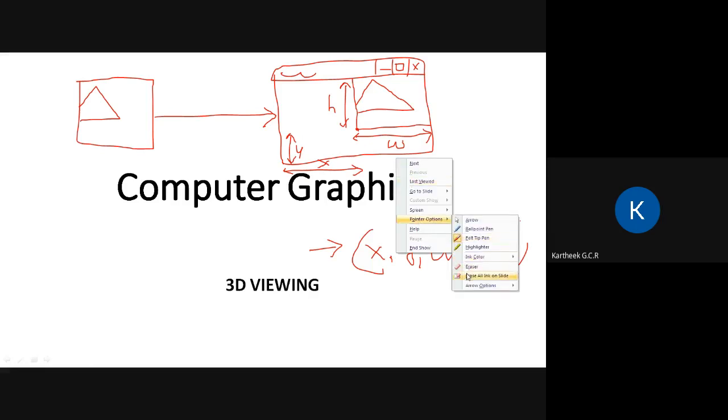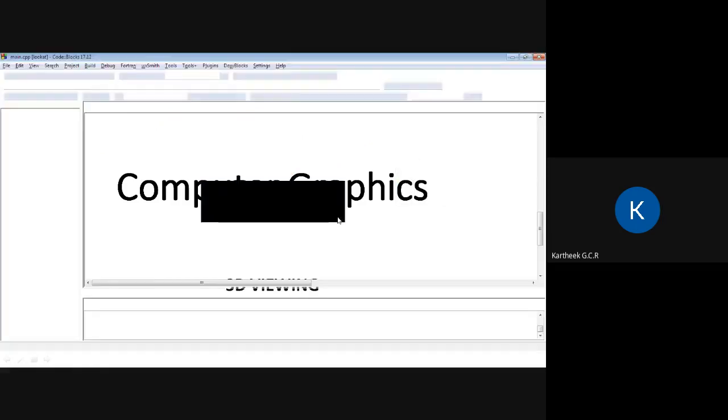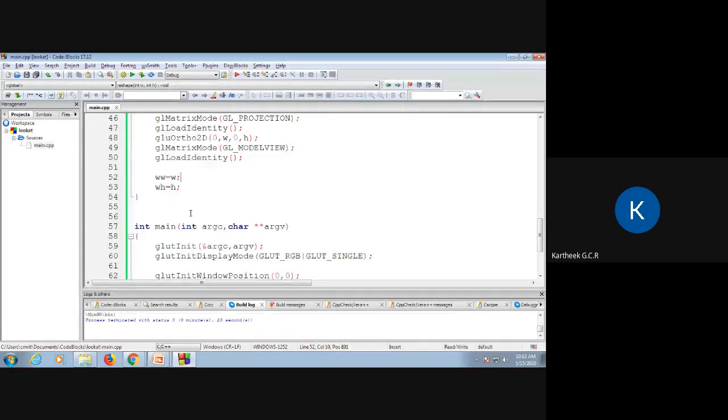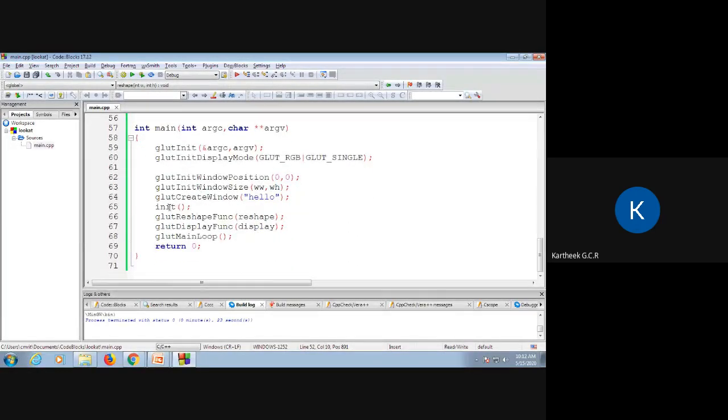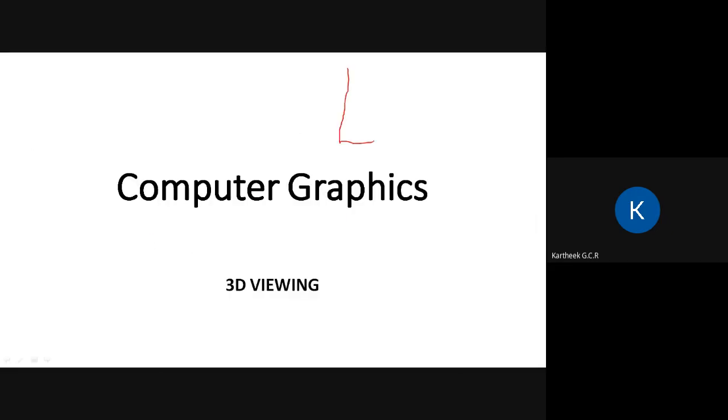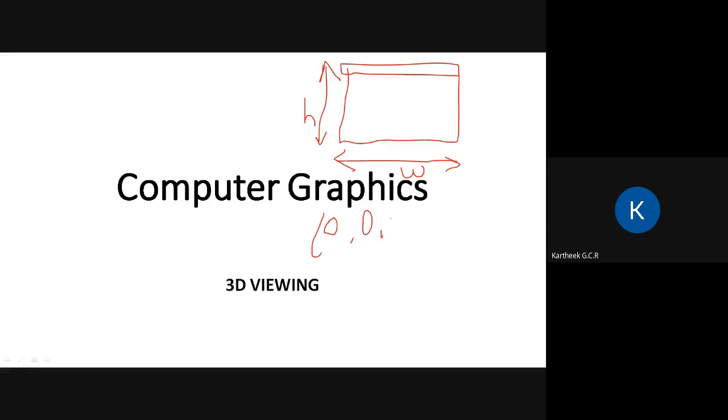Now, what happens if we actually don't use it? See, by default, let us say the display window itself has width W and height H. The default viewport will be 0, 0, W, H, meaning whatever the window dimension is, the viewport will be mapped to the complete window.